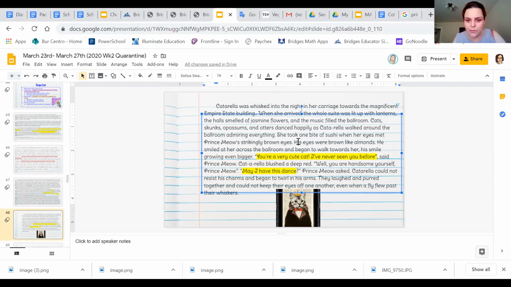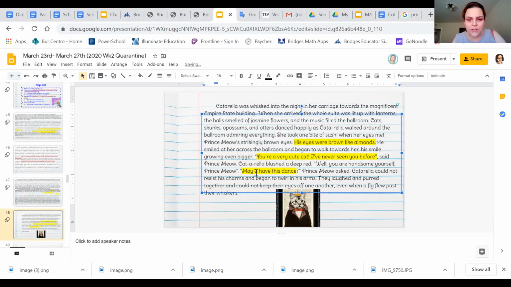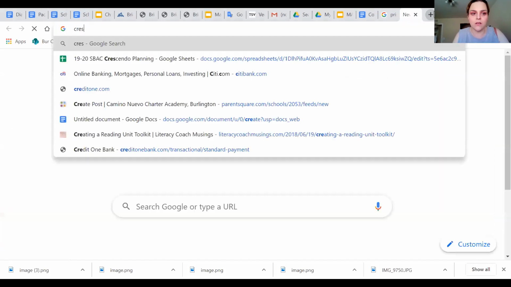So I'm going to highlight my simile so you guys can see that one. I'm comparing the color of his eyes to almonds. He smiled at her across the ballroom and began to walk towards her, his smile growing even bigger. I want you guys to really understand how big his smile is. So I'm going to compare it to the crescent moon, when the moon kind of looks like, I'll show you guys a picture so you know what I mean.